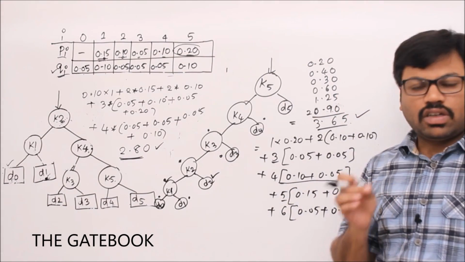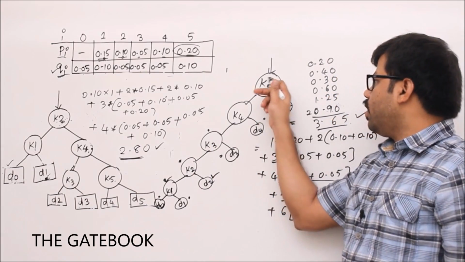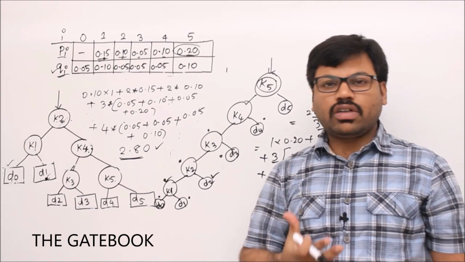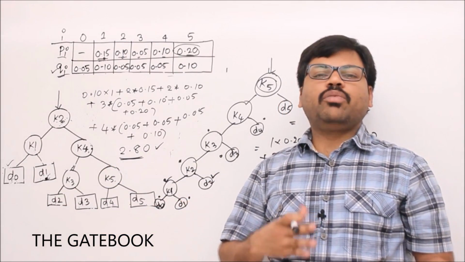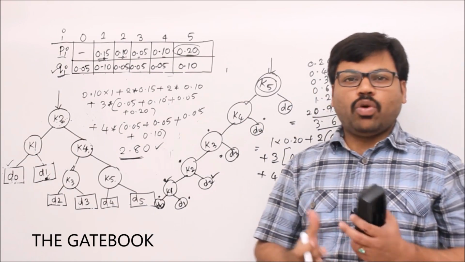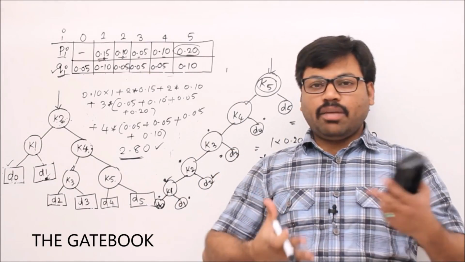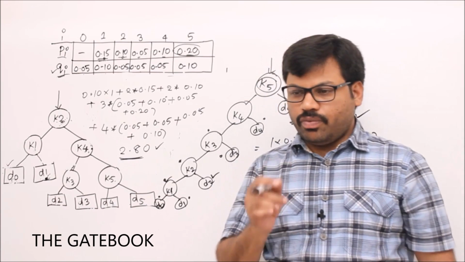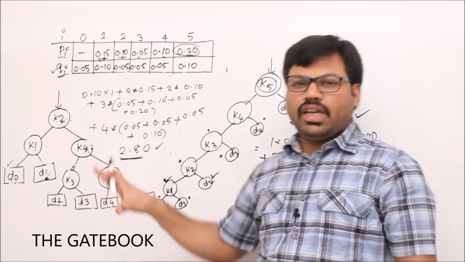However, the question is how to compute the best structure, right? So it is not about keeping the highest frequency key at the root, that may not work. Second thing, having a balanced tree may not work, right? It's not about balance, it's not about one particular key's frequency. It's all about optimizing the overall frequencies and getting the benefit of overall keys, right? So just by seeing one key, it will not work. That's why we have to try all possible tree structures.